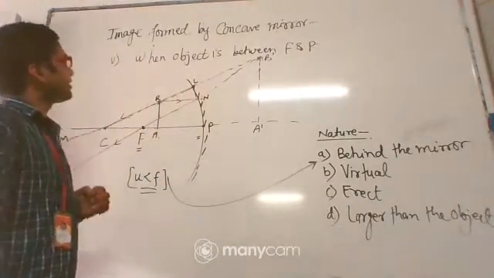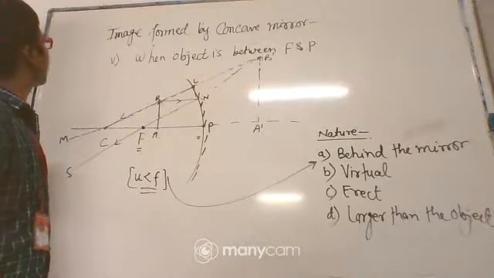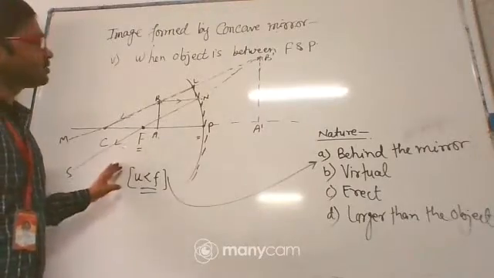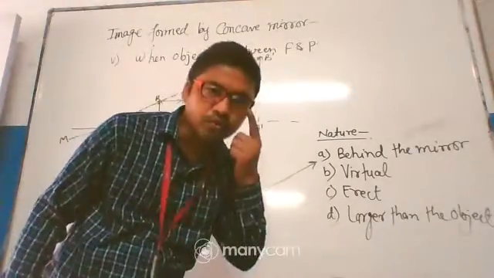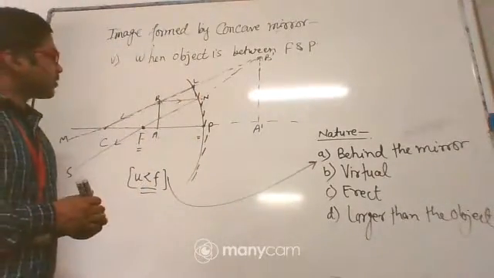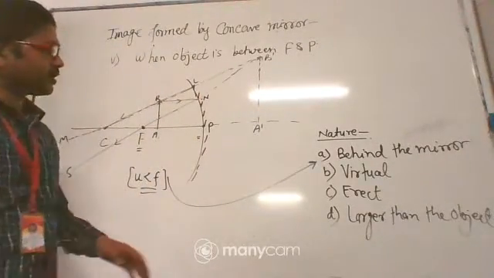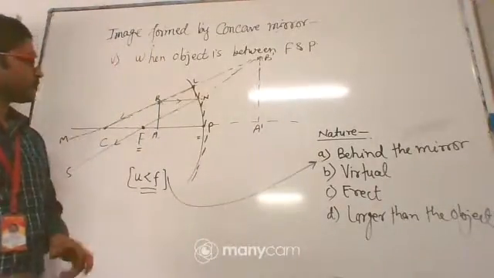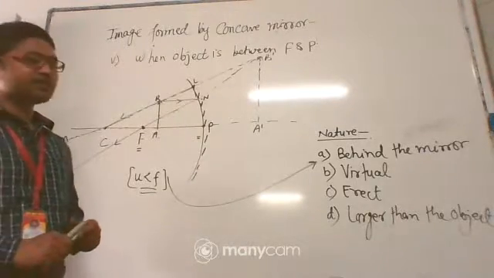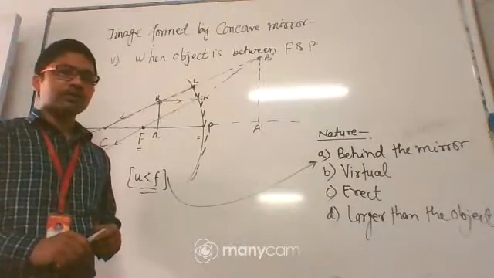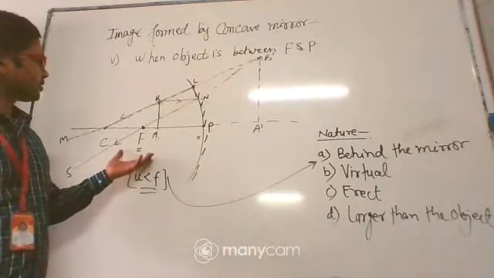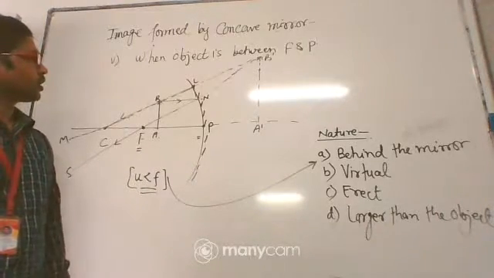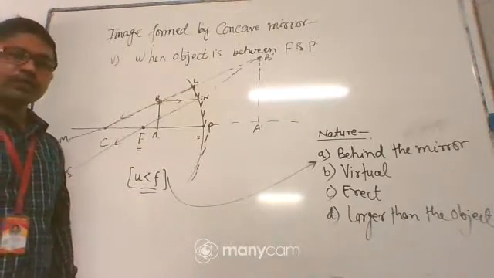So I hope you understand these are the conditions of the image formed by the concave mirror in different cases, and their nature is explained in this session. So try to revise the topic by yourself. This topic is very important, and some questions related to the nature are important for your CBSE examination. In the next session, we will solve the numericals based on this topic. Okay, so I think this ray diagram and the nature are clear. You should note down in your copy. Thank you for joining this session.